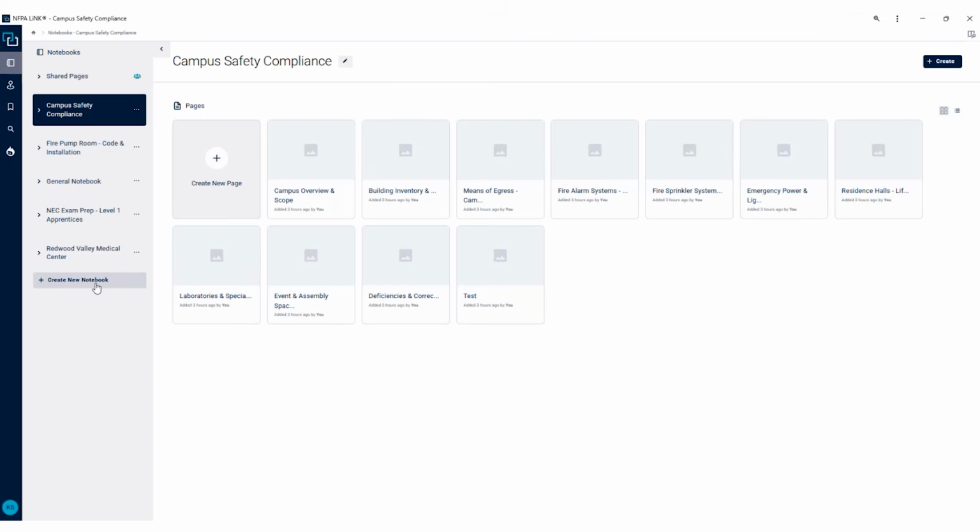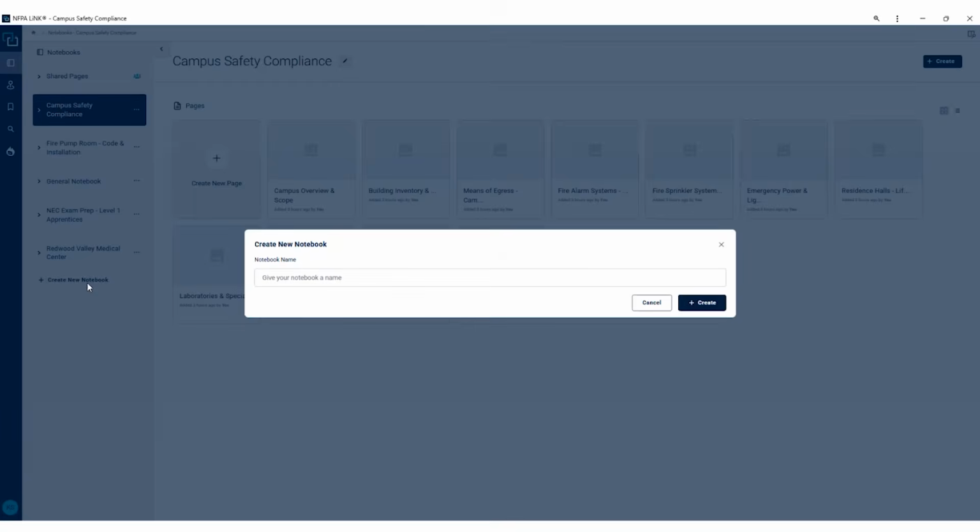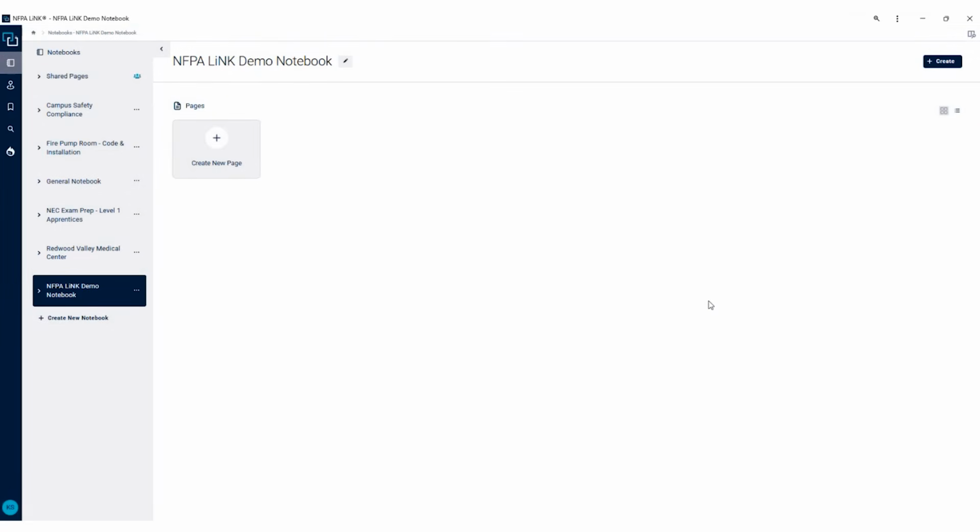and create a new notebook by clicking Create New Notebook. From here, you'll be able to give your notebook any name you'd like. And then you're going to click Create once you have a name. Now you've got this NFPA LiNK demo notebook created, and you're going to see that I've got the ability to